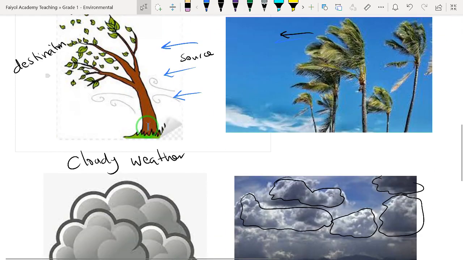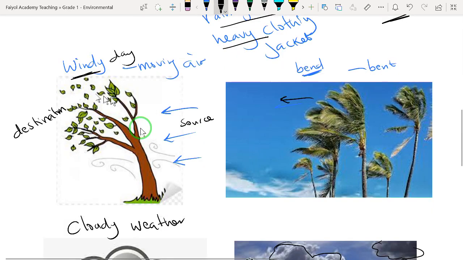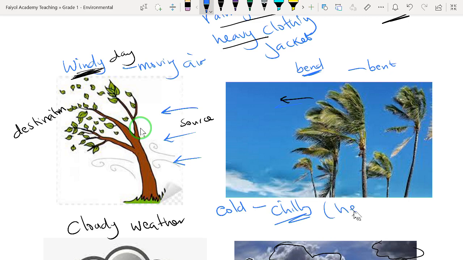And on cloudy weather, or on windy weather, we see that it can also be quite cold. Sometimes it may be cold or chilly. So you may not put on very light clothing. You may still need some heavy clothing. And that is the main characteristic of a windy